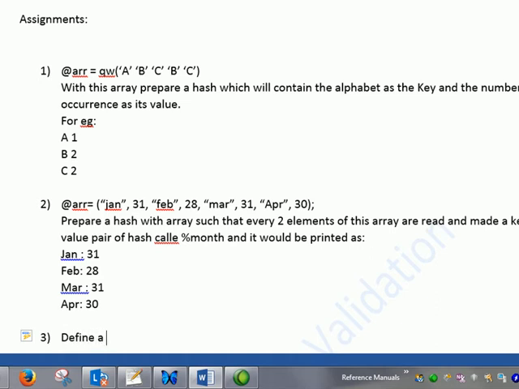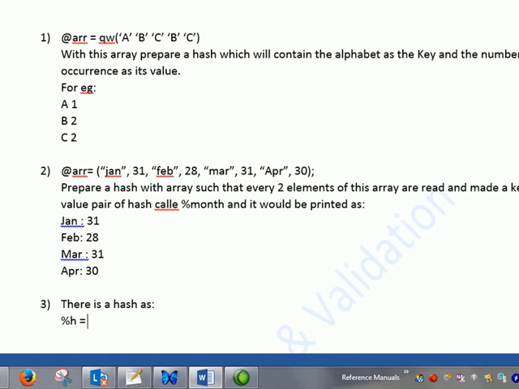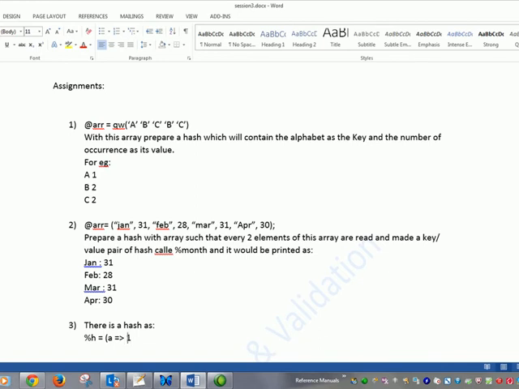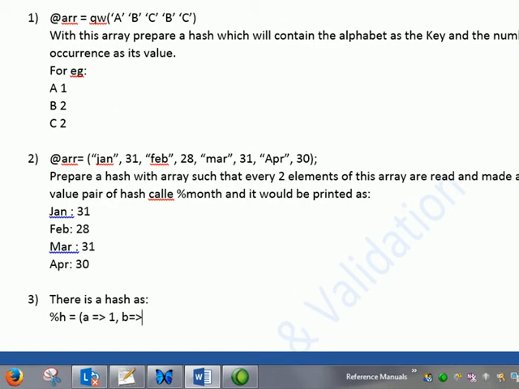Define a, okay, there is a hash %h is equal to a 1, b 2, a 1, b 4, c 6, d and f, e alpha.